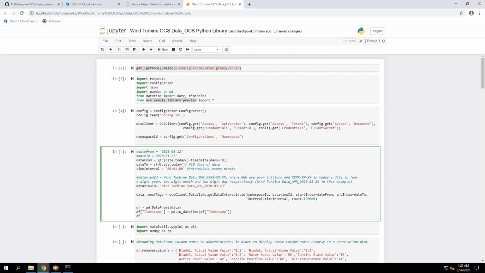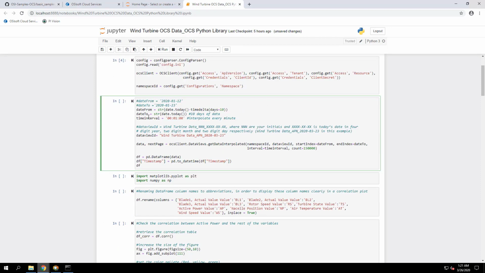In the next cell, this is where we access the data in the data view. So we're going to call the data view and get the results and store them in a data frame. The first thing we're doing here is getting the dates, date from and date to.